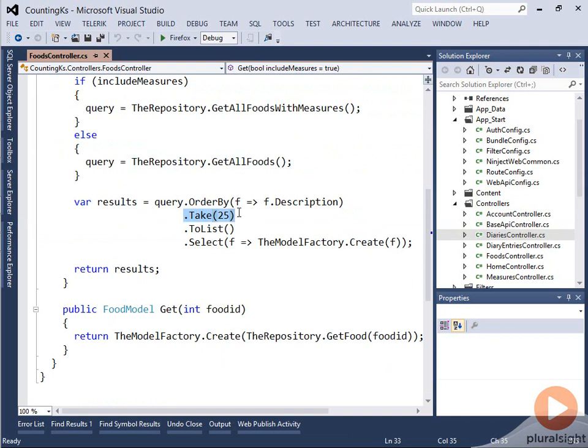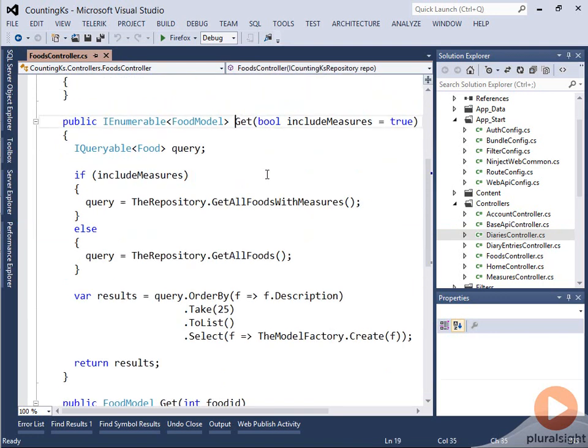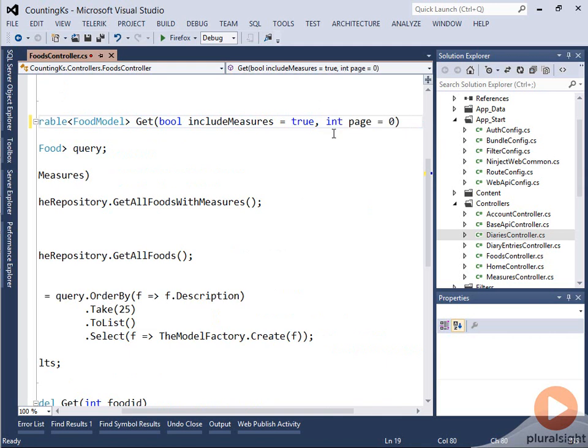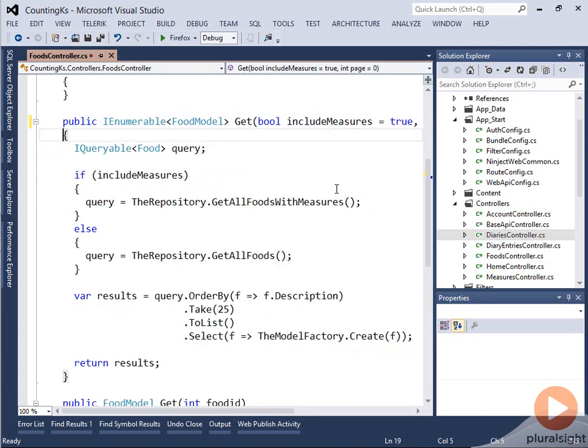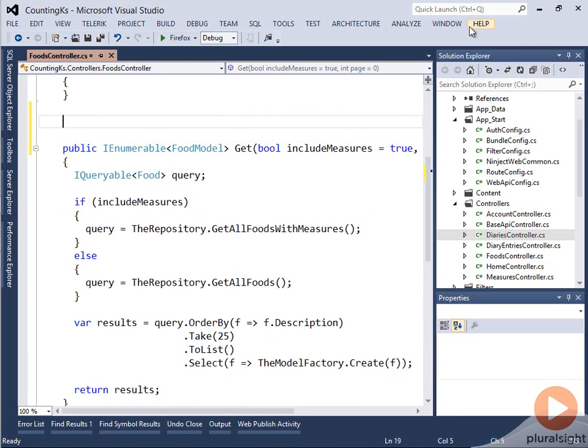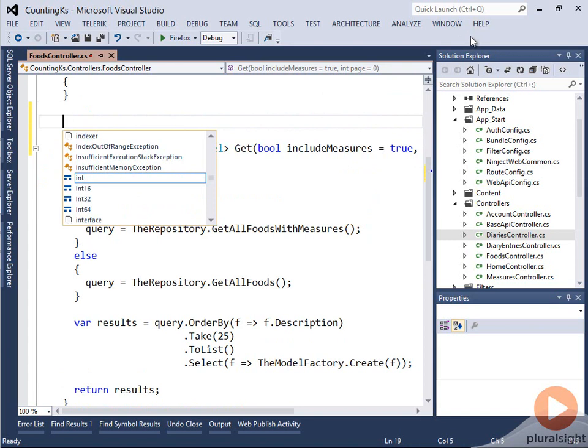Take is a query method that says only return the next this many items. So in this case, I'm only returning the top 25 items, which is why all of our food started with A in our particular case. What we'd like to do is support paging here, so let's go ahead and start by adding a new parameter called page, and I'm going to make sure that if it isn't supplied that we're using and returning the first page. We're also going to need to know what the page size is, so let's go ahead and create a